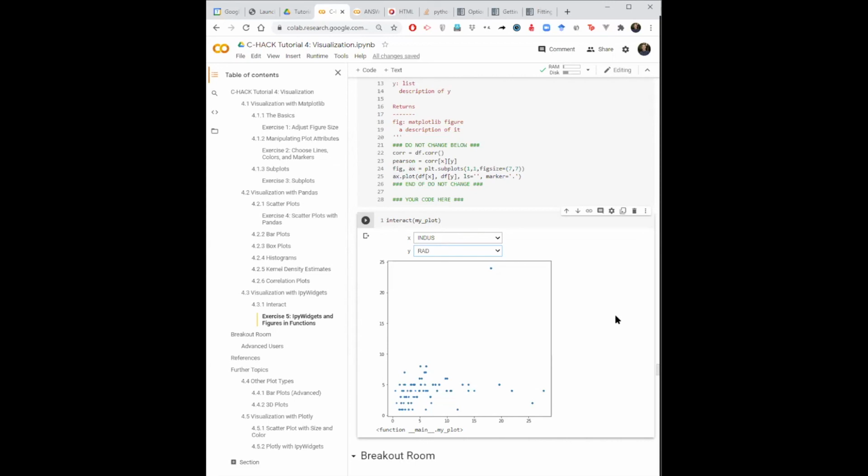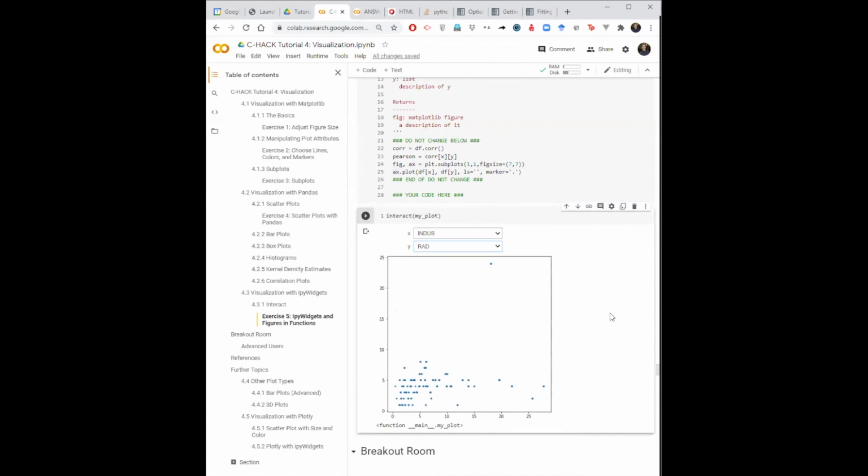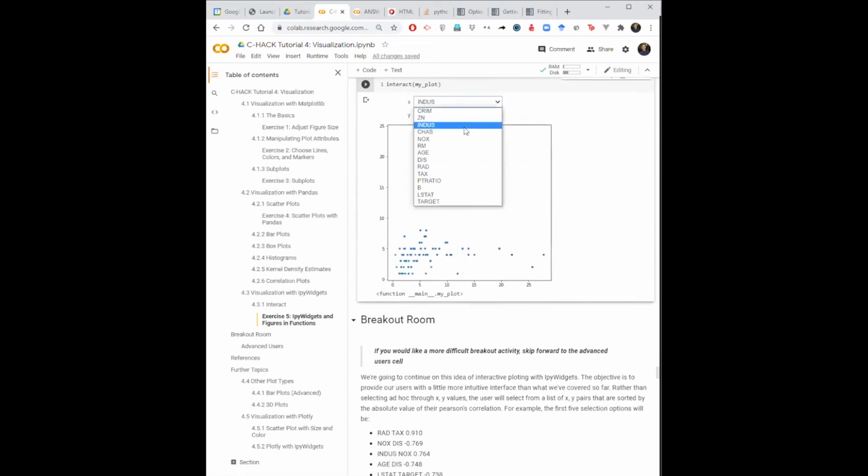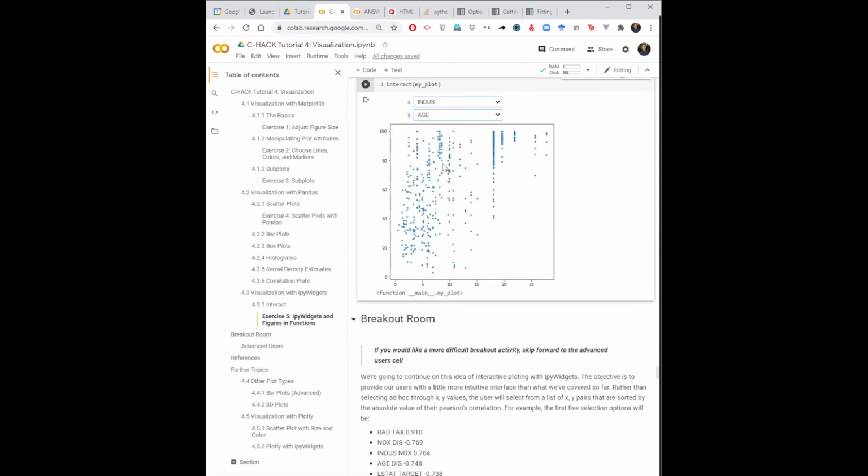We're right at, I don't know, time anymore. I think we're at 1 hour 45. So we're just in time for the breakout session. We're going to continue with this idea of making an interactive visualization. When I have these disparate X and Y dropdowns, and I'm interested in how things are related to one another, how they're correlated, this can be a really cumbersome way to tease out